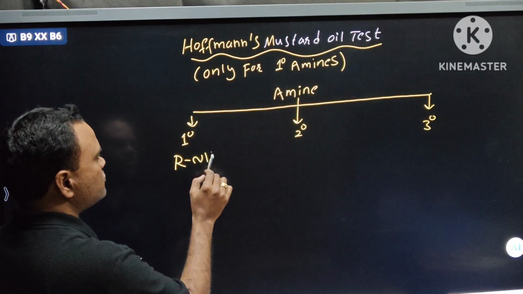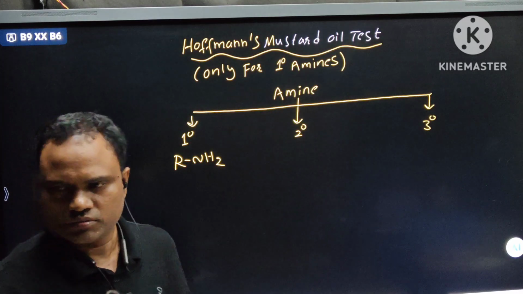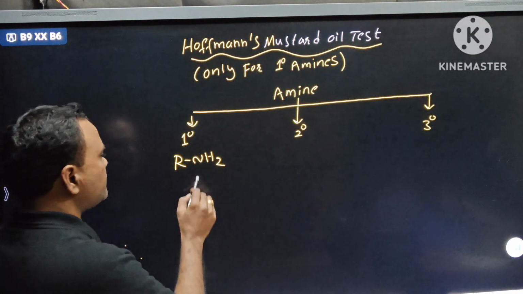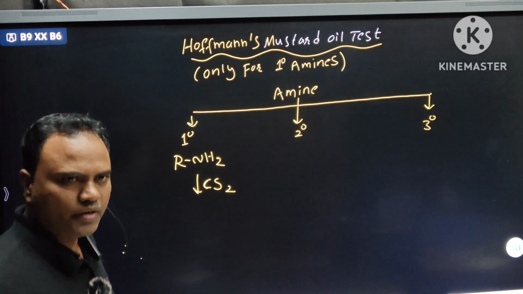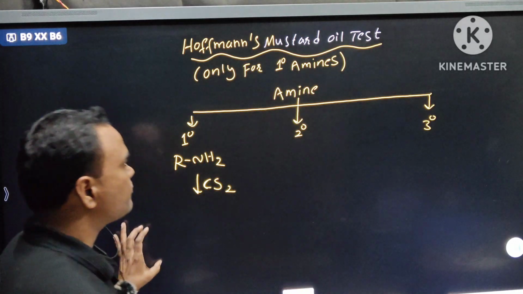I am giving just a flow chart. Primary amines when treated with CS2, carbon disulfide, first we will get